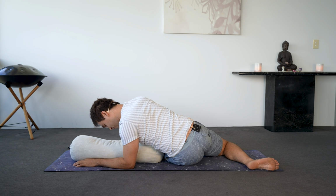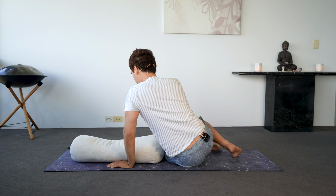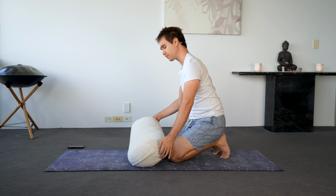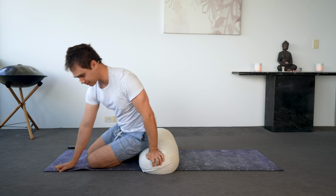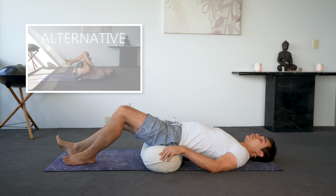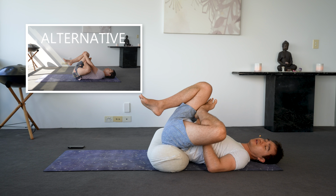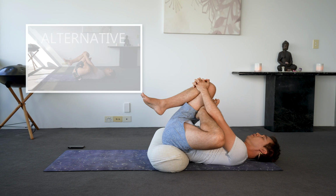Once again, pressing ourselves up ever so mindfully, feeling into each and every movement as we transition into a figure 4 on top of the bolster. So placing the bolster in the center of the mat, sitting on top, and extending yourself outwards. Now we're going to take the left foot, left foot coming on top of the right knee, and bringing the right knee towards your chest. And with your hands you have two options, one to grab from underneath or over the top,